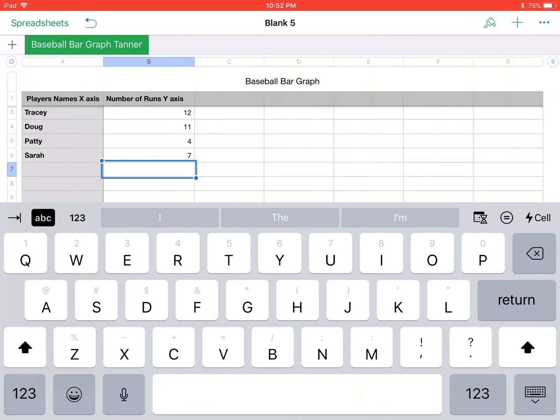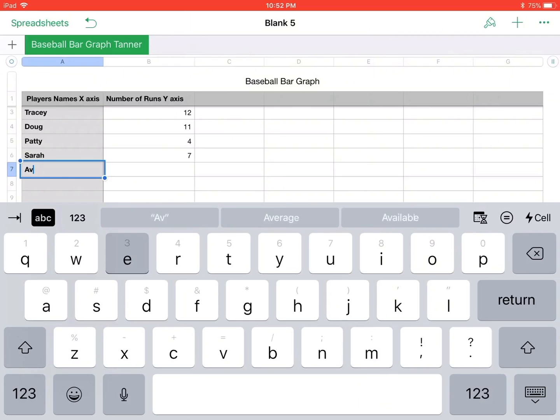So one of the most useful things about a spreadsheet is that we can use the formulas on it like a calculator, but also changes as the data in the table changes. That's the coolest part. So underneath where it says players' names, let's go on and do the average, which is also known as the mean. So just type in average,